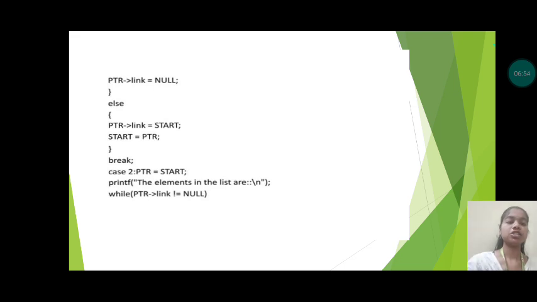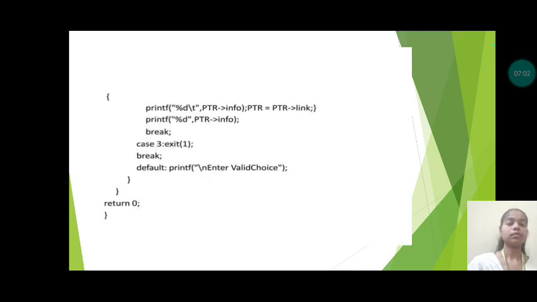while (ptr->link != NULL) { printf("%d\t", ptr->info); ptr = ptr->link; } printf("%ld", ptr->info); break; case 3: exit(1); break; default: printf("\nvalid choice"); } } return 0; }